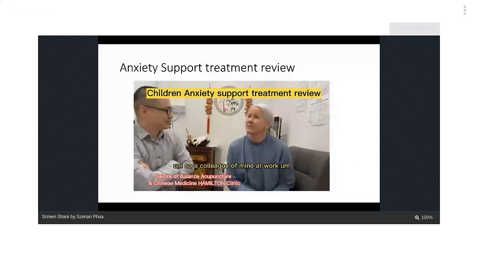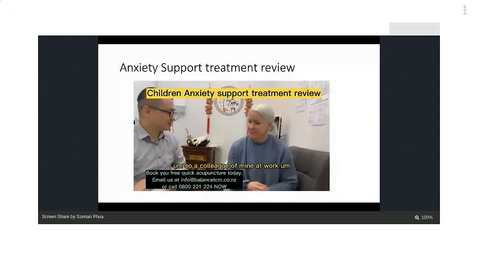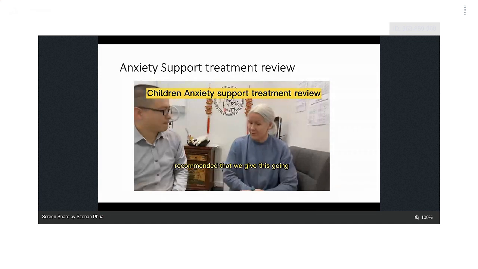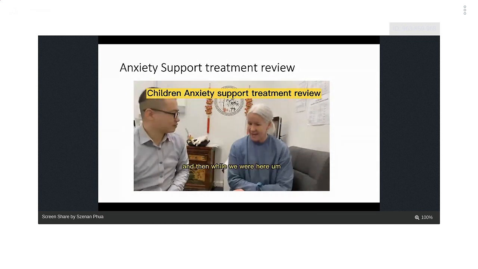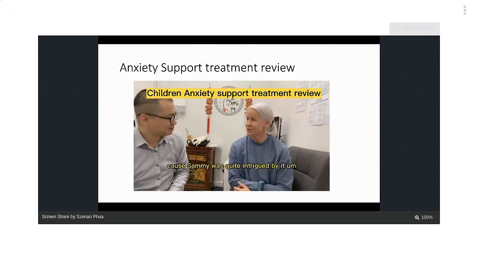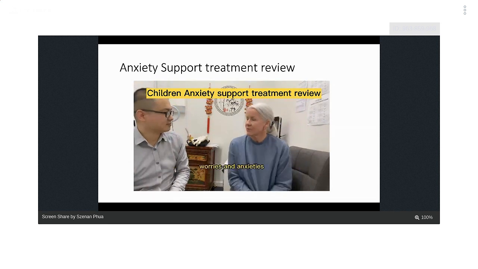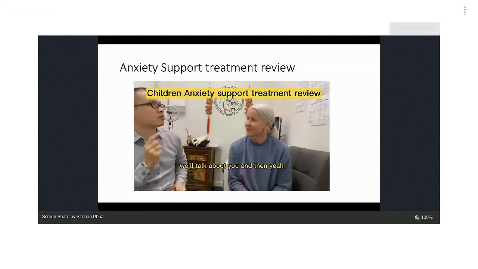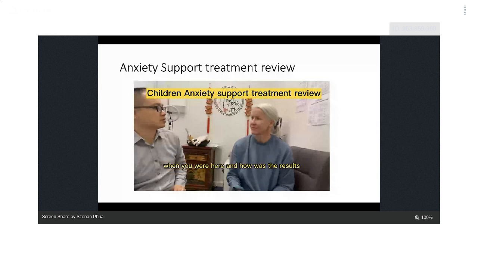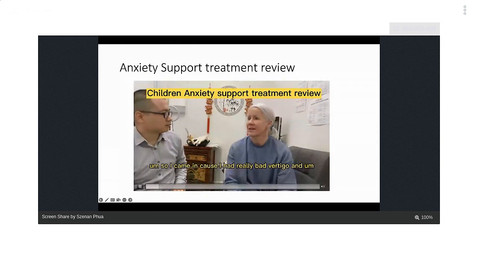So a colleague of mine at work recommended that we give this a go. We initially came for myself, and then while we were here, because Sammy was quite intrigued by it, we talked about using it to help him with his worries and anxieties, and so yeah, the journey started from there. Okay, cool. Well, we'll talk about you then. What was your case here, and how were the results? So I came in because I had really bad